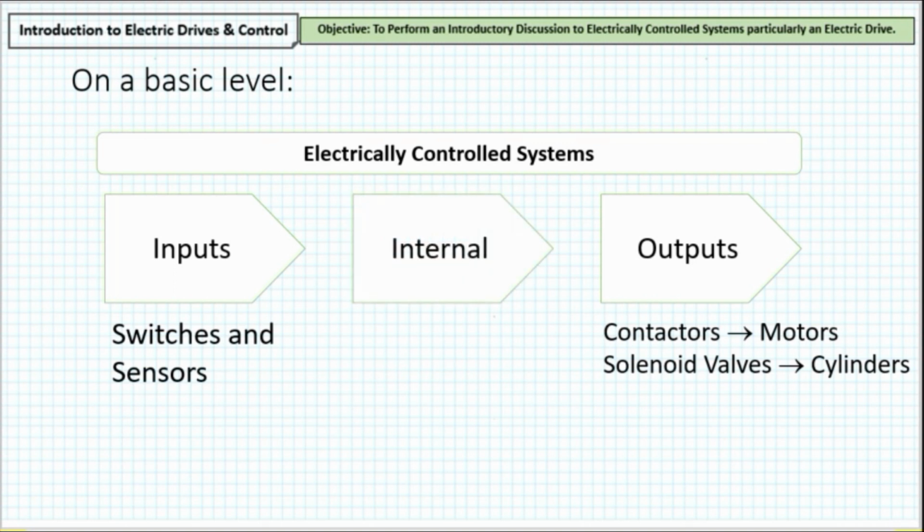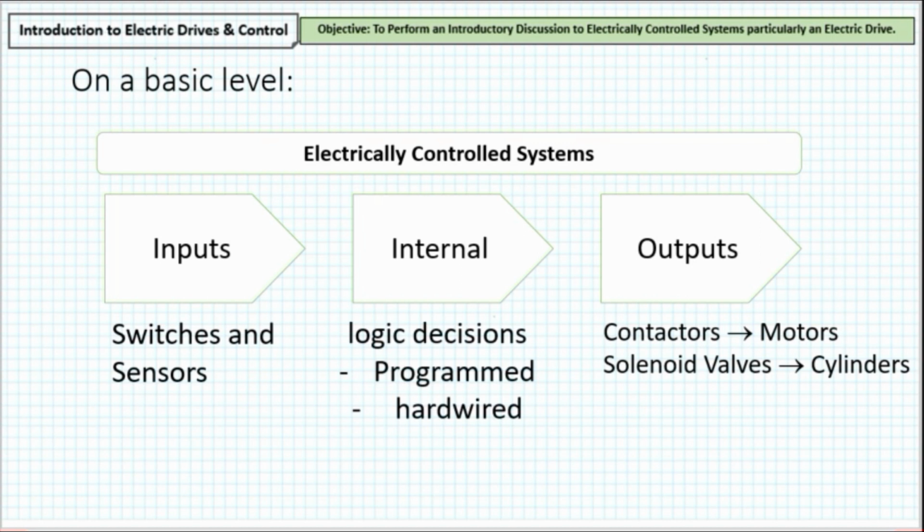The next is the internal part of the electrically controlled system. Program instructions or hardware logic are the brains of an electrically controlled system. If this is wired incorrectly to the inputs and outputs, the system will not function as intended. Simply because when a system is disconnected from the output devices, the actuator won't start. So if they are not interconnected properly, there will be a malfunction in an electrically controlled system.